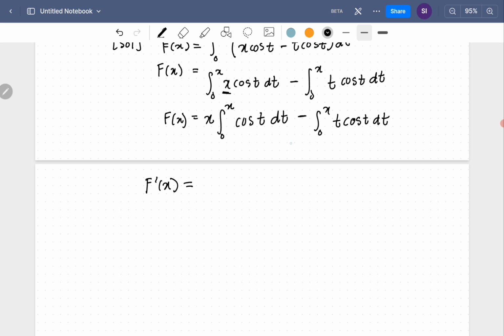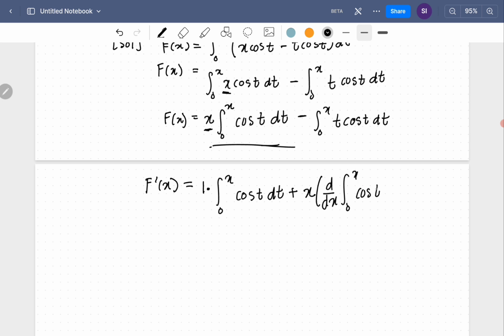So what we get, let's take the derivative of this, that's 1. We leave that the same, 0 to x cos t dt. Once again, I'm simply applying the product rule. Plus this and the derivative of this, 0 to x cos of t dt